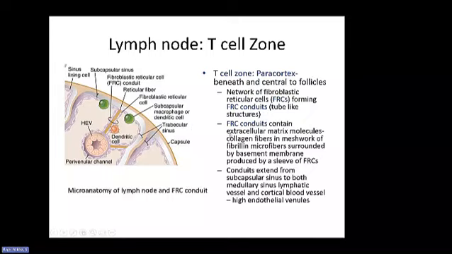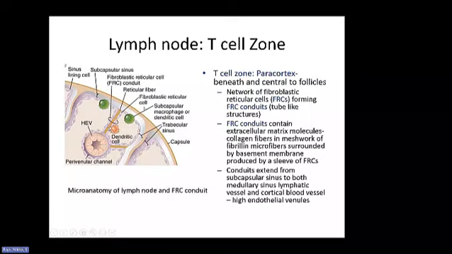And these FRC conduits contain extracellular matrix like collagen fibers, a mesh of fibrillin microfibers, and they are surrounded by a basement membrane that's produced by FRCs. So that forms a tubular structure. And these conduits extend from the subcapsular sinus to the medullary sinus. So these FRCs that give rise to this tubular structure is where the T cells are going to come across,